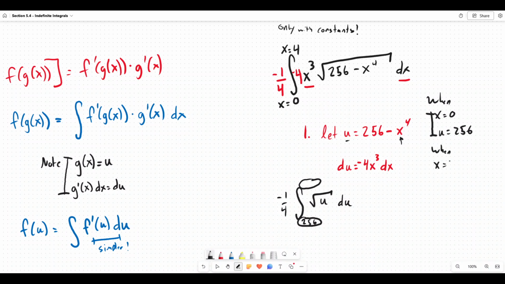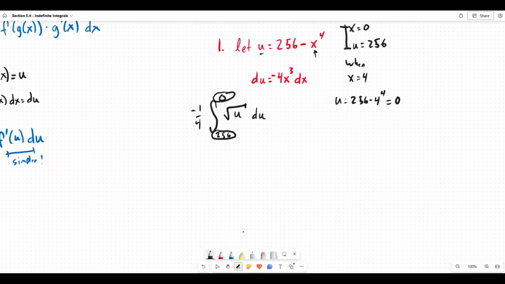Similarly, when x equals 4, this will be 256 minus 4 to the power 4, which turns out to be 0. So in the x world, when x is 4, that's the u world when u is 0. So we're integrating the square root of u du. Everything is in terms of u, but we also have to make sure we pass through that transformation onto the boundaries. And now we can treat this just like a normal